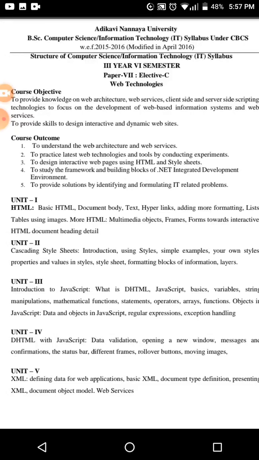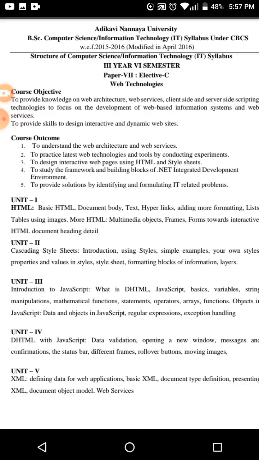Okay, what is web technology? What we call the web is also www dot. It is a collection of information, so we can browse the different user required information over the internet. So we can say that web technologies are the various tools and techniques that are utilized in the process of making communication between the different types of devices over the internet.